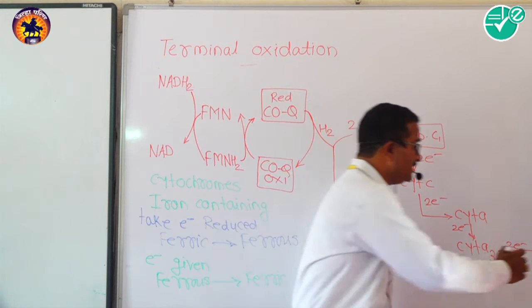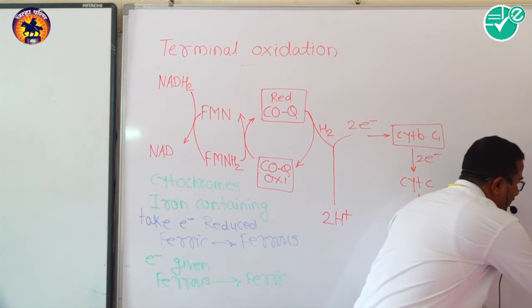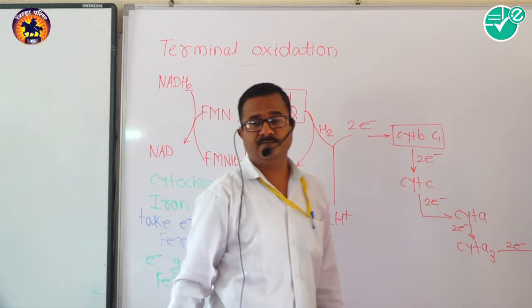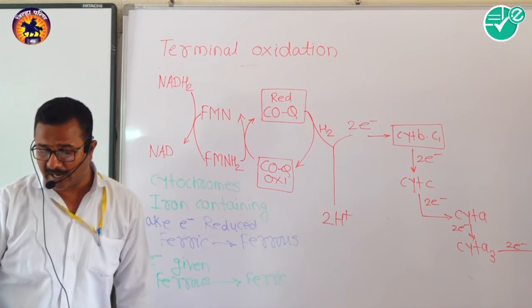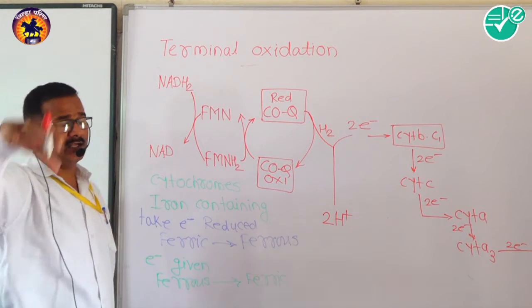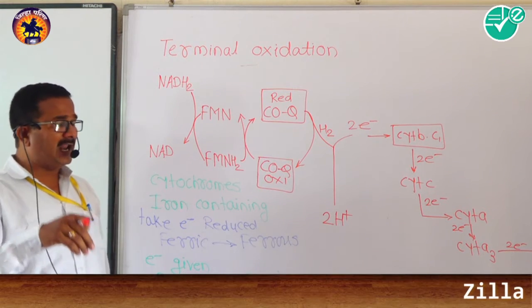So this atmospheric oxygen converts into negatively charged ions. Electrons are accepted at the end of this process by the atmospheric oxygen, meaning the final acceptor